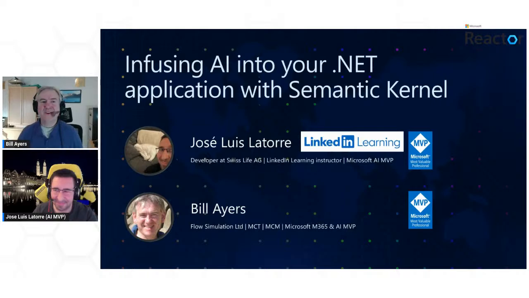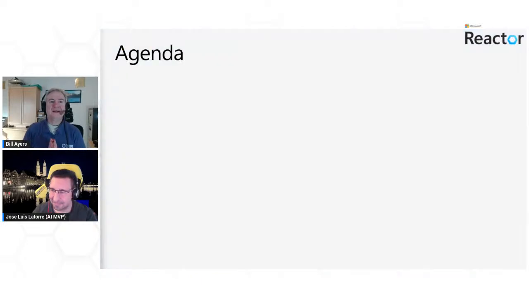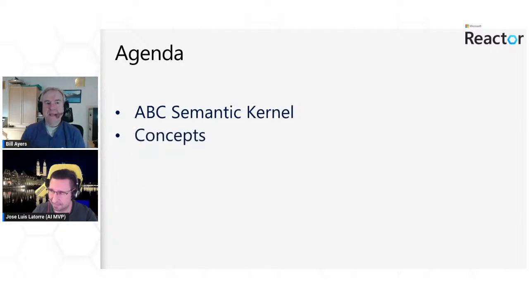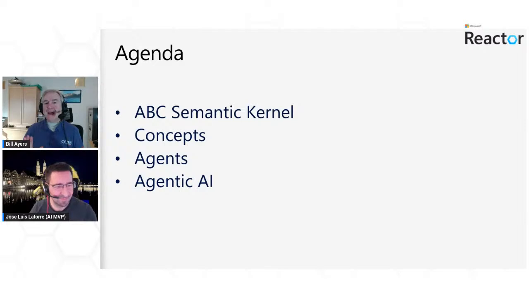Thank you, Jose. That's very kind of you. So a quick look at our agenda. If you can move on to the agenda slide, Jose. We're going to look at Semantic Kernel and the basics of how to use it. Semantic Kernel is an API that we can use to build these quite complex AI models. And just to be clear, this is not a no-code, low-code session. We are going to be using pro-code. We're going to focus on C#, although Semantic Kernel also works with Python and Java if you're coming from that background. We'll look at some of the concepts behind Semantic Kernel and also look at agents and particularly agentic AI,